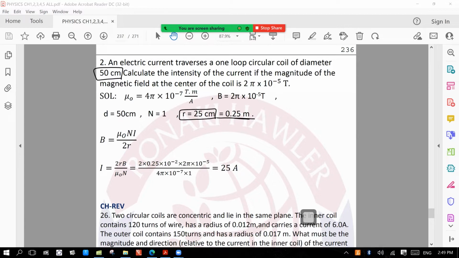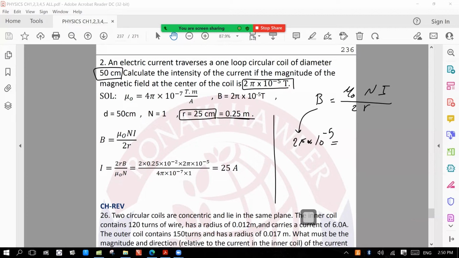Calculate the intensity of the current if the magnitude of the magnetic field at the center of the coil is 2 pi times 10 to the power negative 5 Tesla. So now we have the field. We just need to find the amount of the current. B is equal to mu naught N I over 2R. B is 2 pi times 10 to the power negative 5. Mu naught is 4 pi times 10 to the power negative 7, times the number of turns, which is 1, it's mentioned, 1 loop, times the current, which is unknown, divided by 2 times